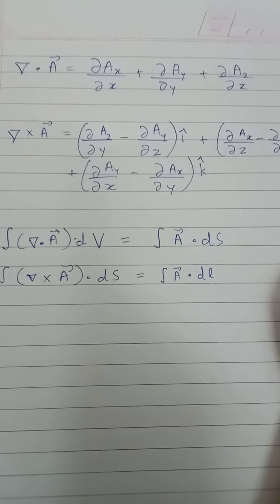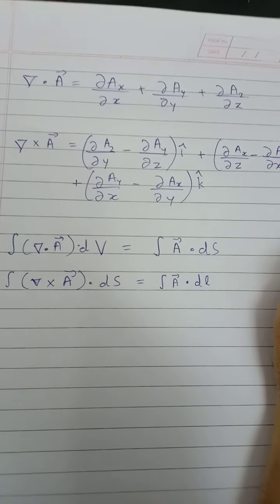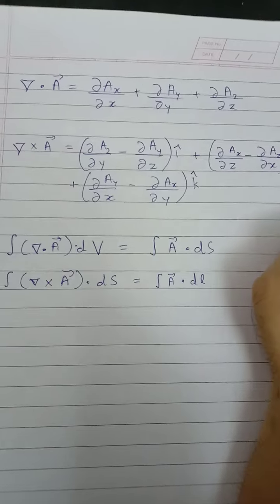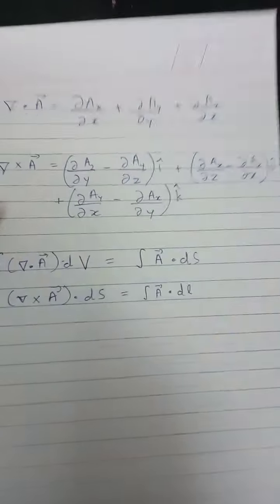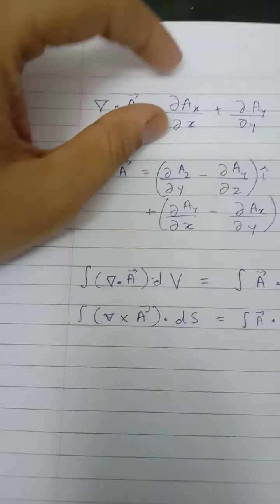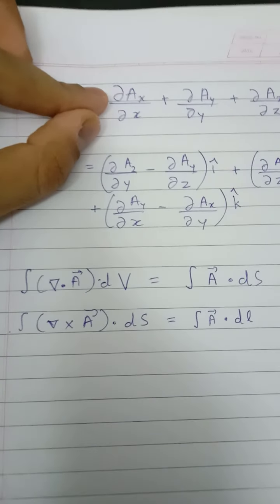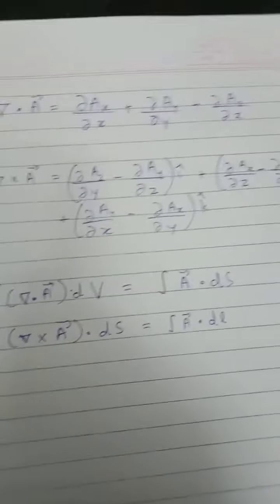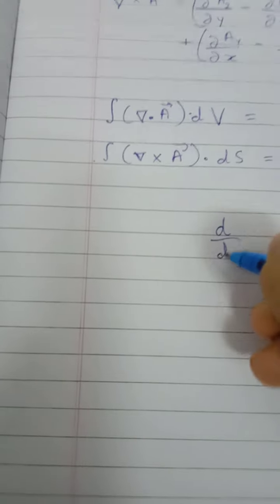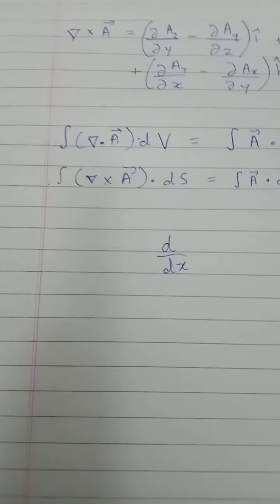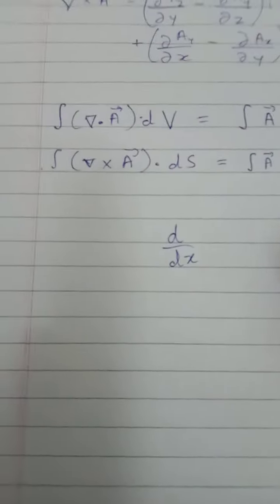The curl formula, I have taken some random vector a bar, resolved it into the 3 components ax, ay and az, and written out a formula for the curl operator. Now this symbol, as you can see, is basically the symbol for the partial derivative. So the regular differentiation formula, if you know it, looks somewhat like this, the notation, but for partial derivatives it looks like this.